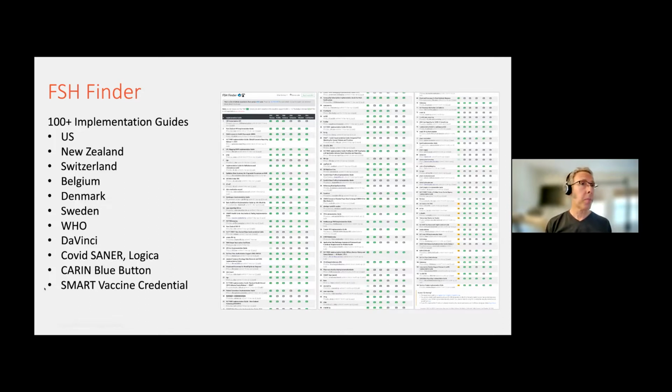There are people developing IGs in New Zealand, Switzerland, Belgium, Denmark, etc. WHO, the Da Vinci Accelerator. We've done COVID-oriented IGs with Saner and Logica. Blue Button, which is something in the US that helps consumers download their data. And recently we've done a vaccine credential IG, which gives a QR code on your phone that shows that you've been